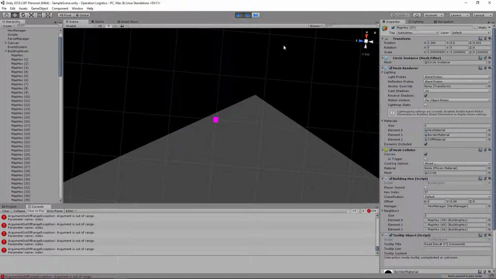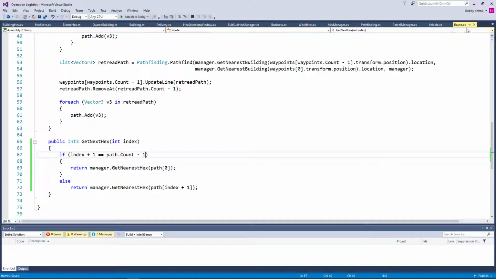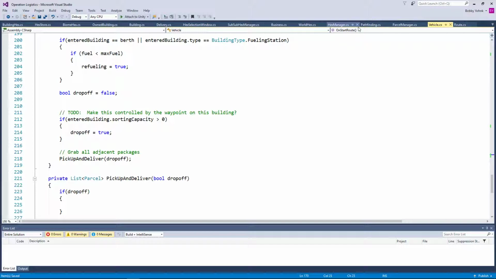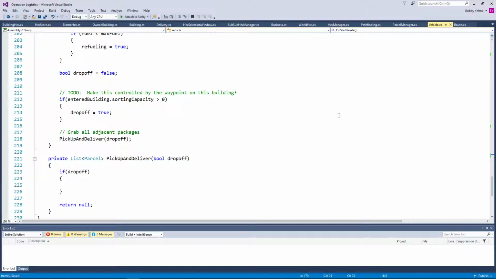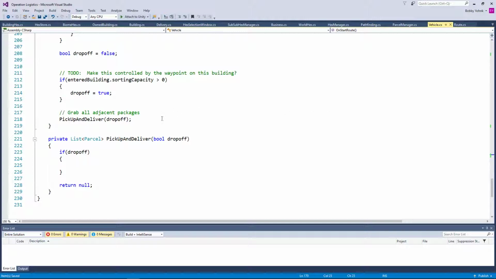Okay. Let's just test that really fast here. Oh, the other thing that we need to do, obviously, is we need to, in the vehicle, we need to reset path index when that happens. So we need to do something along the lines of...